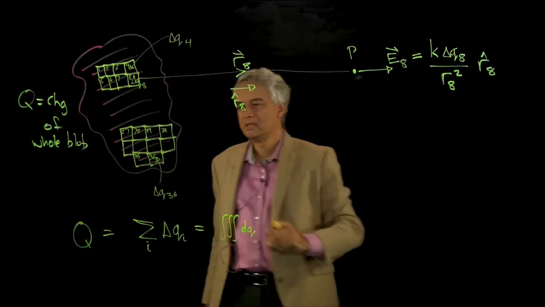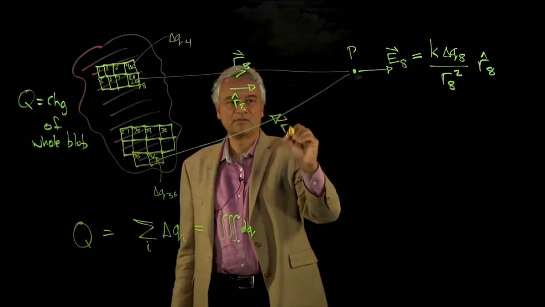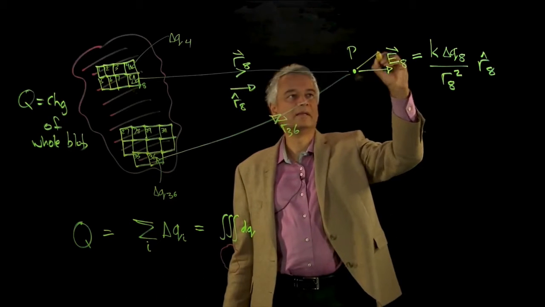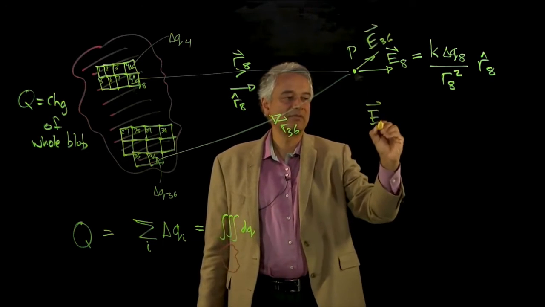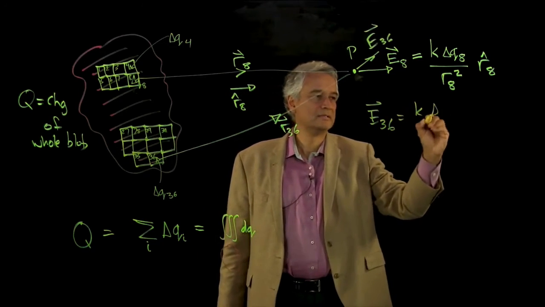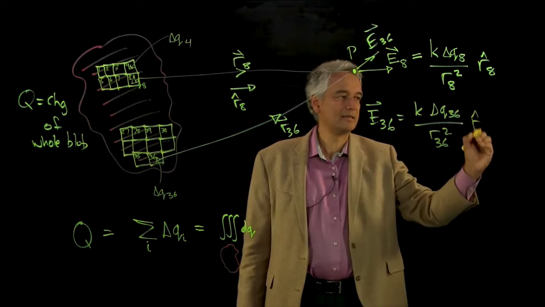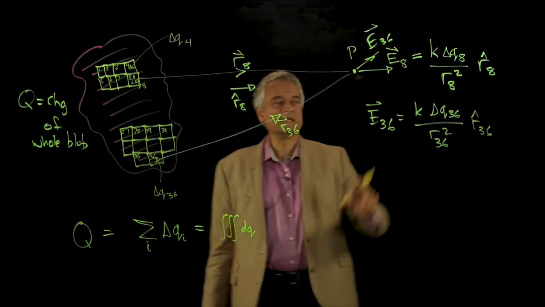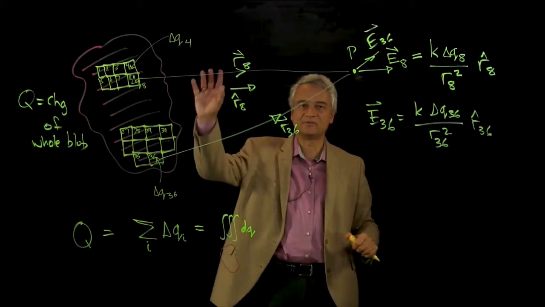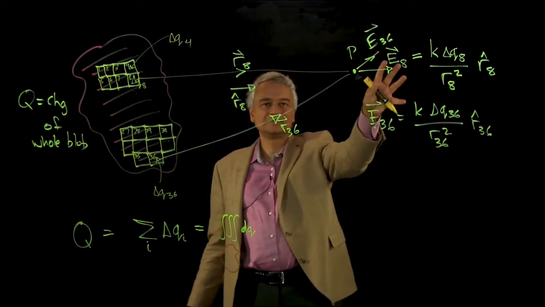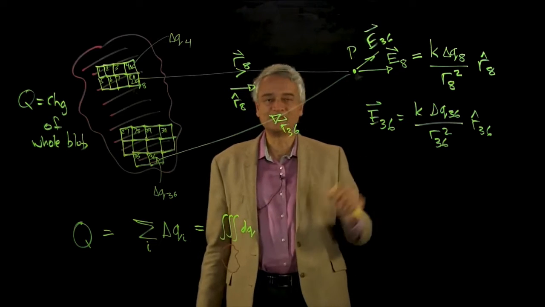Now what about the charge in this cell? So let's consider now the charge in the 36th cell. There's my r36. That's going to make an E vector, which I will call E36. And E36 is given by k delta Q36 divided by r36 squared, r hat 36. So E36 points this way, E8 points this way, and I keep doing this. I do it for cell after cell after cell, and I get all of these vectors, and then I add them all up as vectors, and that will give me the electric field at the point